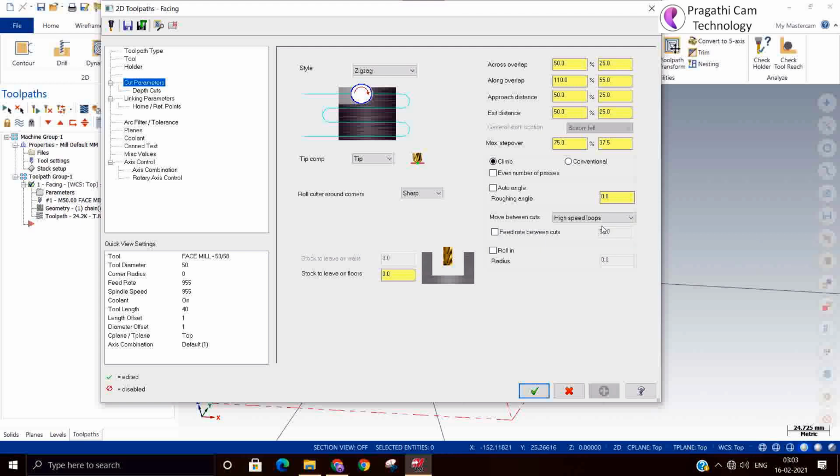Okay. The feed rate between the cuts you can also modify.